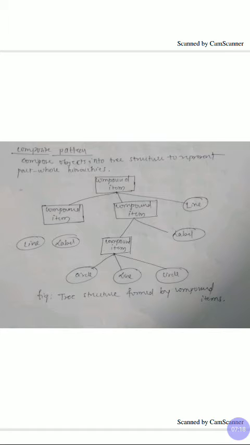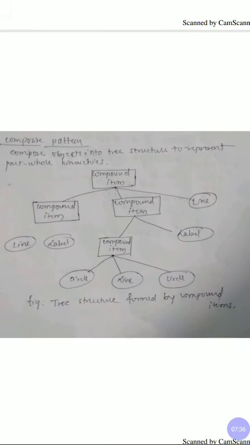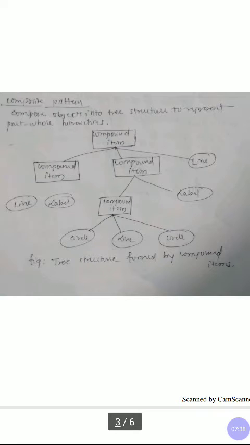A compound item is clearly a composition of simple items. Each compound item itself consists of other compound items. You see here in the figure, each compound element itself contains another compound item. In this figure, I have the top level compound item. Under that, I have the subsystems compound item. One more line is there. It has an individual component, and again after that, a compound element is having the other subsystems.